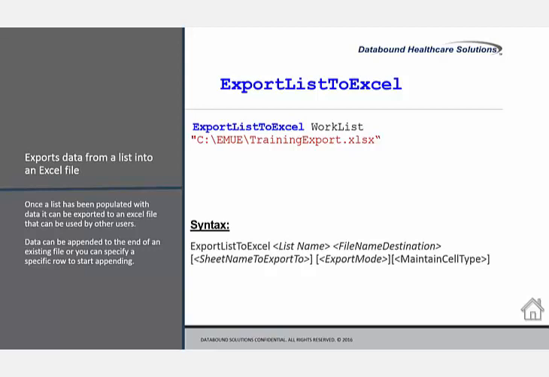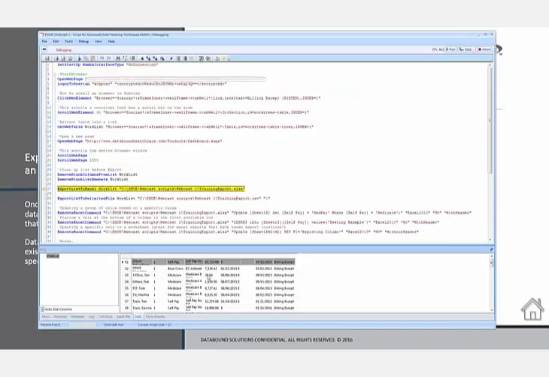So let me go back over to my script right here. And I have the list that we were working with earlier from Sorian. We pulled it out, we've got our data, we trimmed off all of our columns and our blank rows, and it's ready to be exported. So you can see here I just have a basic export set up. I have whatever list I want to export, followed by the path name of that list. When I step through here,